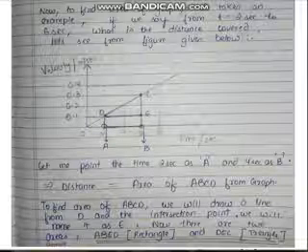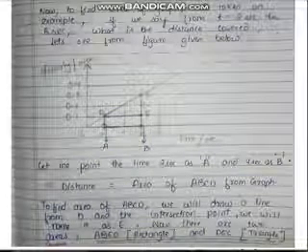Now if I move towards the triangle, if I have to find the base of the triangle, DE is the same: 6 minus 2 is equal to 4. And if I have to find the height, CE is 0.3 and E is 0.1. So 0.3 minus 0.1 is equal to 0.2. It means CE is equal to 0.2. So AD is equal to 0.1, AB is equal to 6 minus 2 is equal to 4, DE is equal to 6 minus 2 is equal to 4, and CE is equal to 0.3 minus 0.1, which is 0.2.